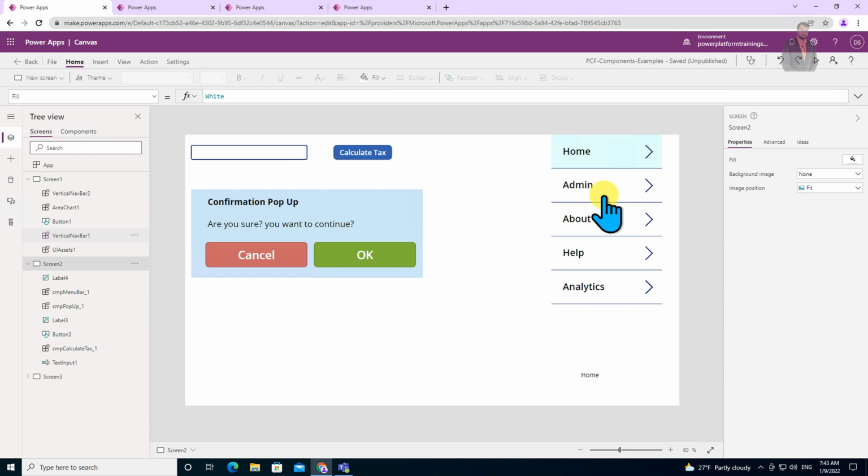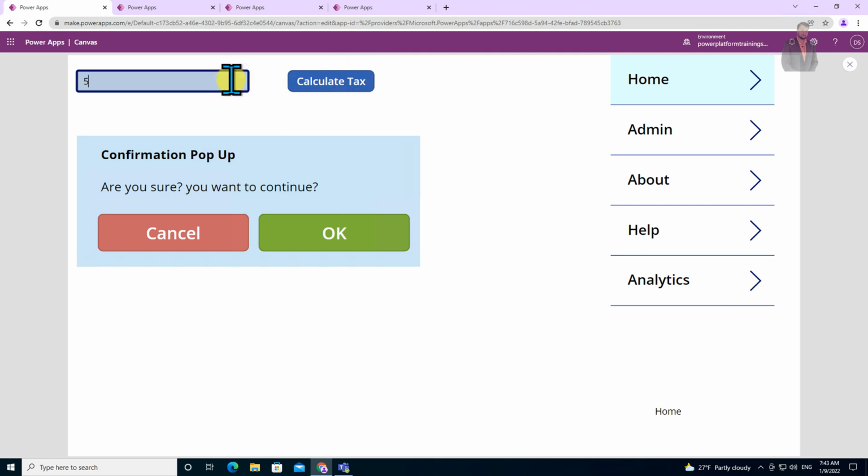And the third important use case is, let's say, for example, in your organization you are building some type of calculation. Let's say I want to calculate some tax based on an amount. Here I am entering an amount, 5000. Now I want to calculate 5% tax on the base amount. When I click on that, it will tell me that for this particular amount the tax will be 250. So this type of common calculation we can build with the help of a component, and we can create one component library in order to achieve all of these things.